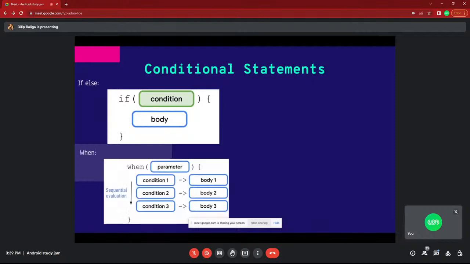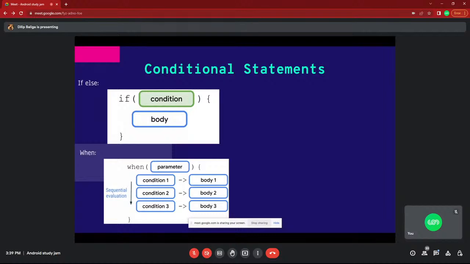Next, before moving on to when, I'll just go through this. Everyone knows if has an else part, meaning if that condition is false, you move to the else block. And one more thing is there, else if, and you can write more else if conditions.